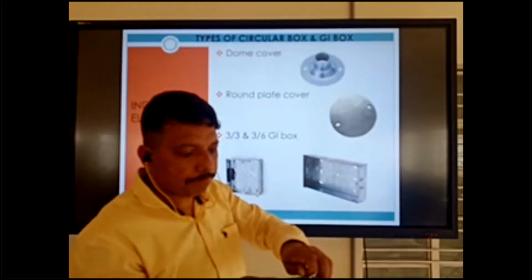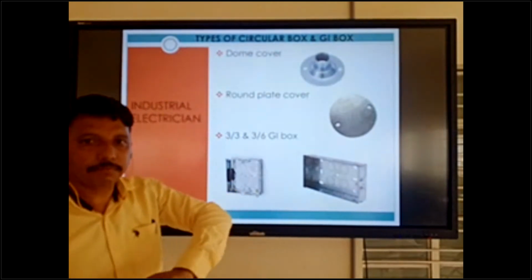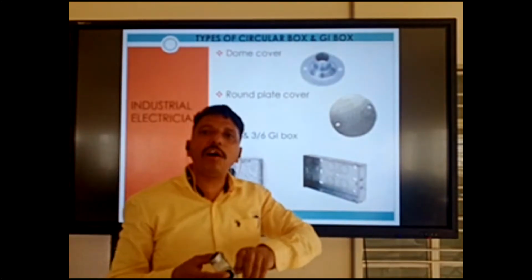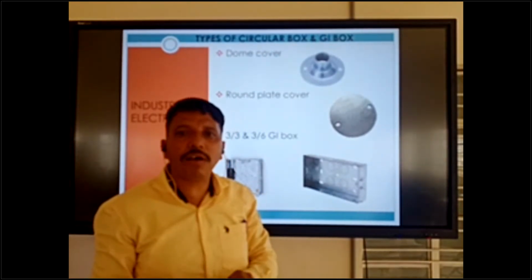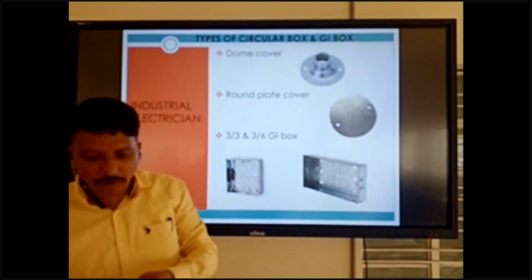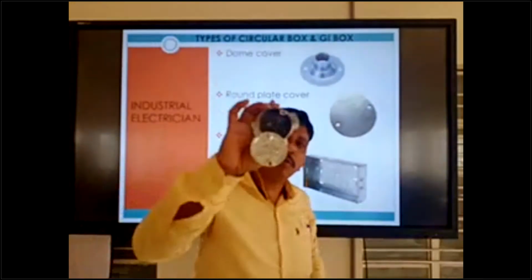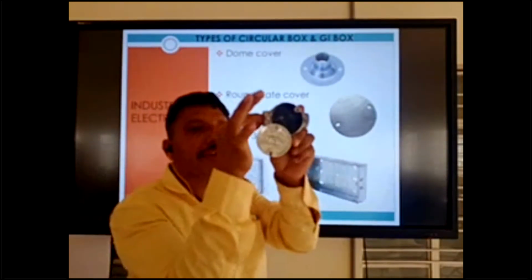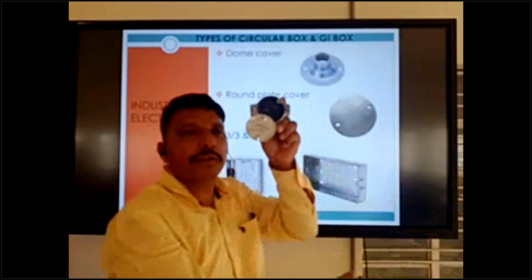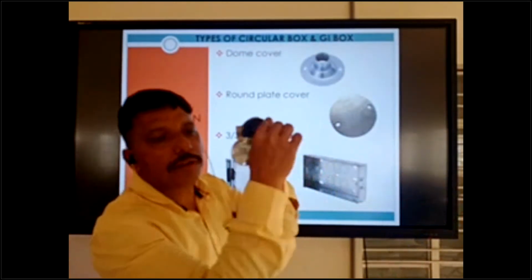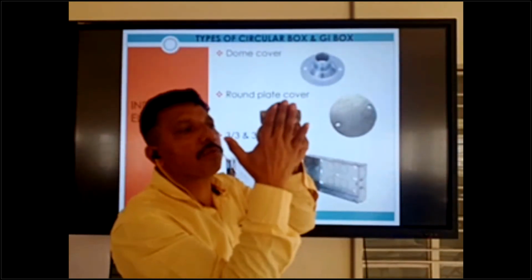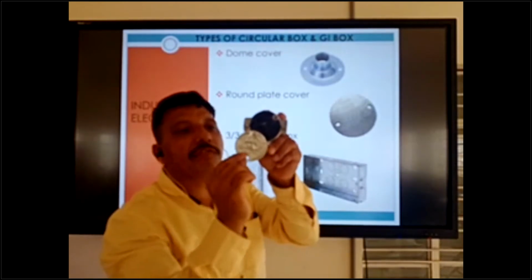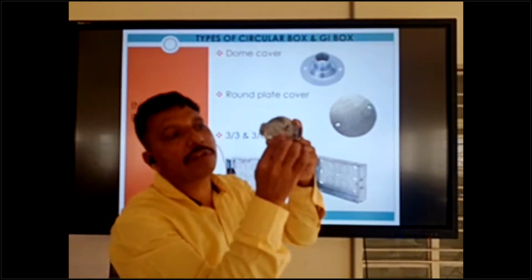So we can use it at closing time. No need for a point, only for the JB box. Suppose this is now open, so we can pull the wire here. One pipe is coming and going inside, another outgoing is going. That time we can pull the cable through there. For pulling purpose we can fix this box. After everything is finished, we can close like that and put the screw.